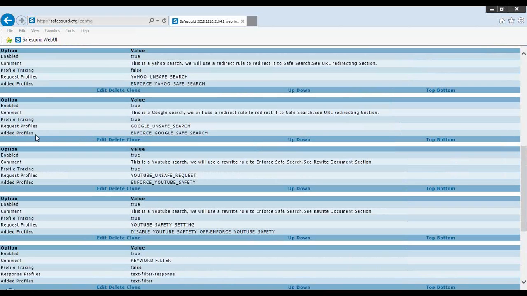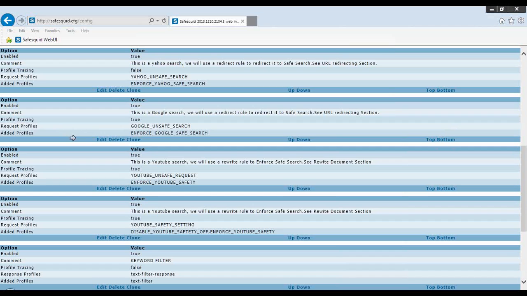You can see here. Here I have used the Google Unsafe Search as the request profile and done an added profile saying that I want to profile this as enforce Google Safe Search.